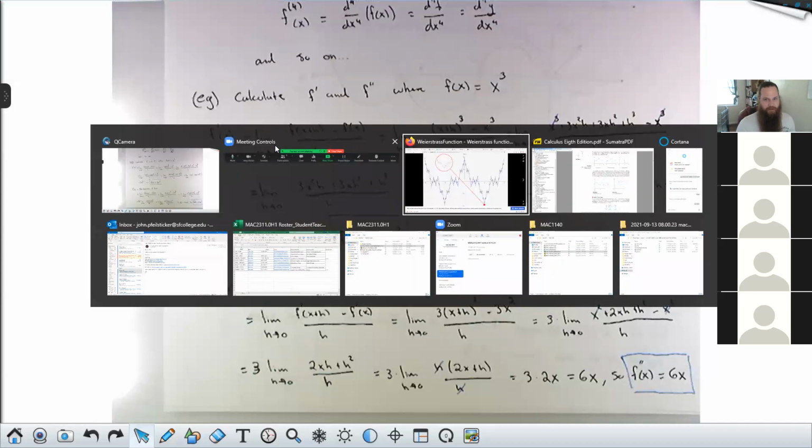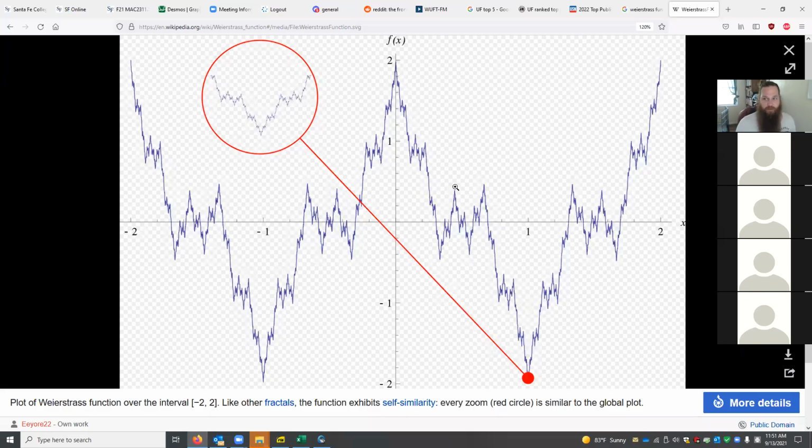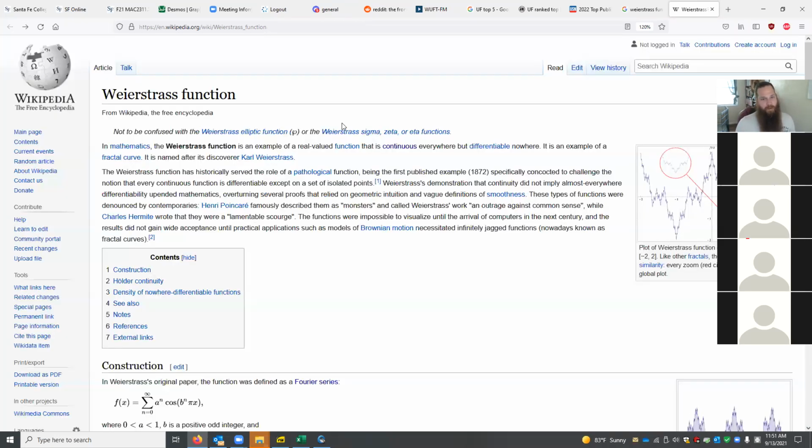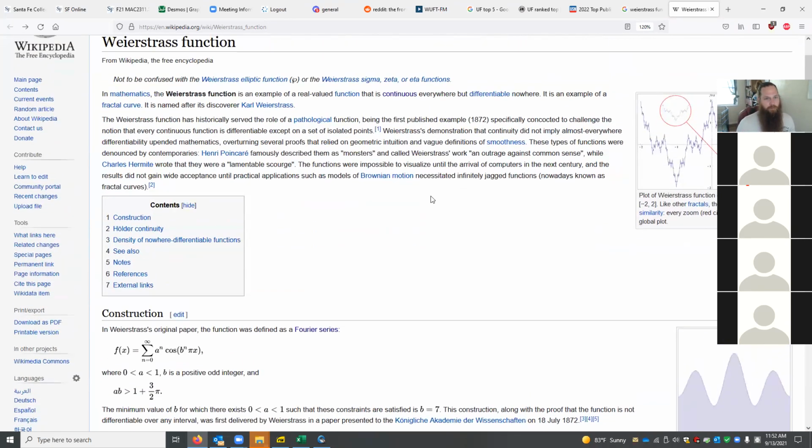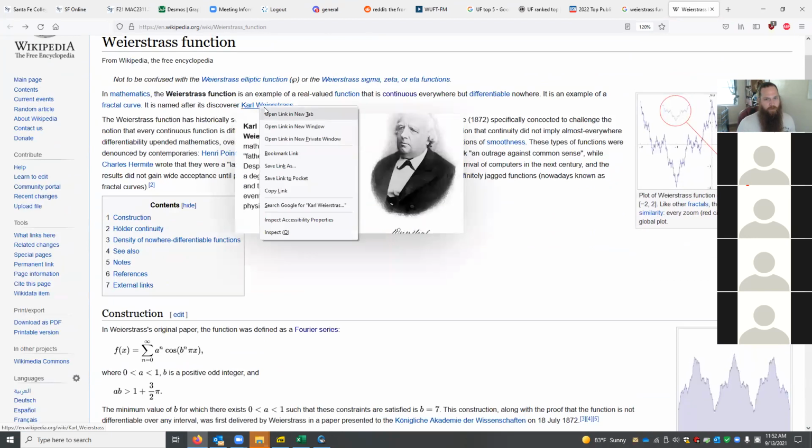This function, the Weierstrass function, it just exists as a foil. Its only purpose in life is to mess with people. And I'm dead serious. That's it. That's the only reason. It was conceived of and then constructed specifically as a counterexample. Because people, so Weierstrass, one of my heroes,